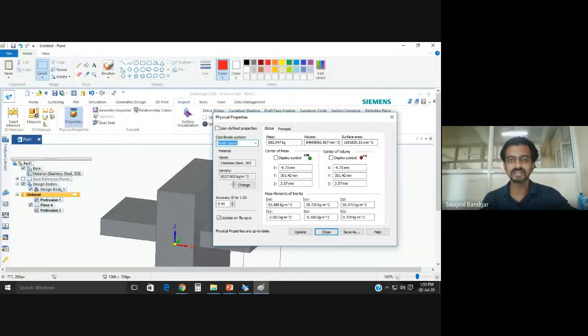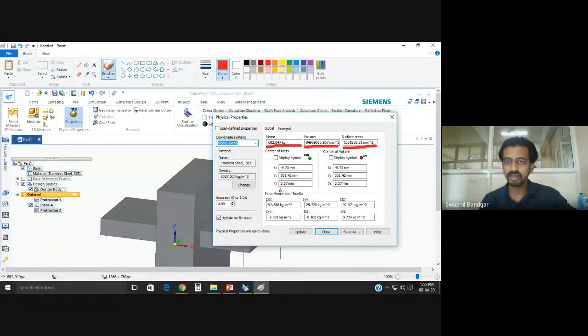We can change it also, but it is stored by default in the system. So I directly get the mass of the system. I no need to calculate its volume and then multiply it by the density. I also have the volume and the surface area. All these properties we can have.